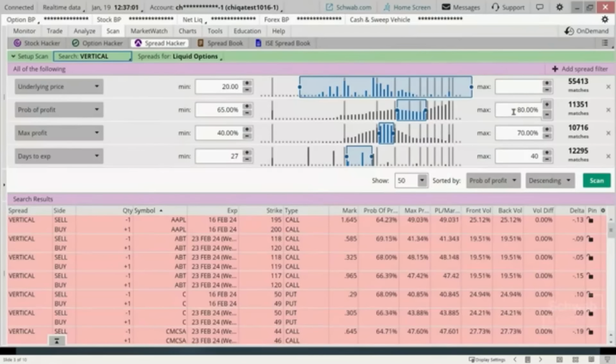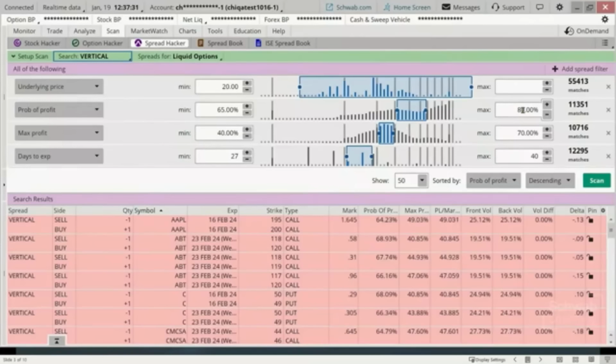It would, but what I've found, just my personal experience here, is if you don't cap it out, sometimes you get some very far out of the money options with very large bid ask spreads, and it kind of can mess up the results you get.